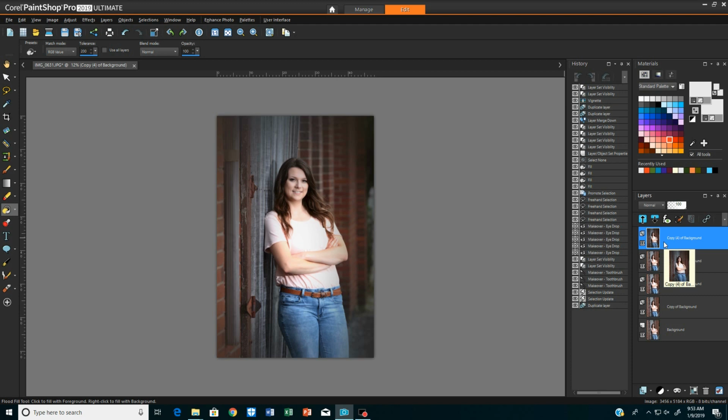Now, folks, here's the trick on a vignette. Here's the reason that we duplicated one more time before we went to the vignette. We have a beautiful vignette, but it distorted Annie. Underneath Annie is the image, which is very sharp.